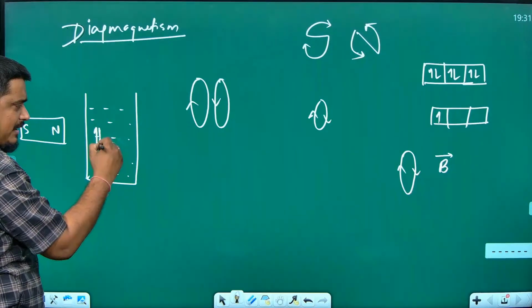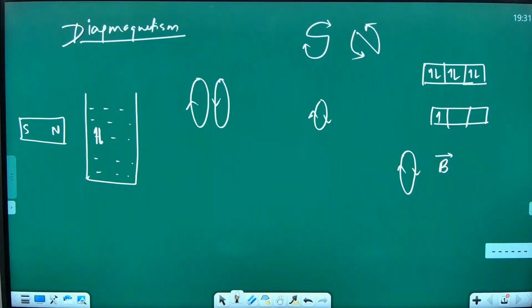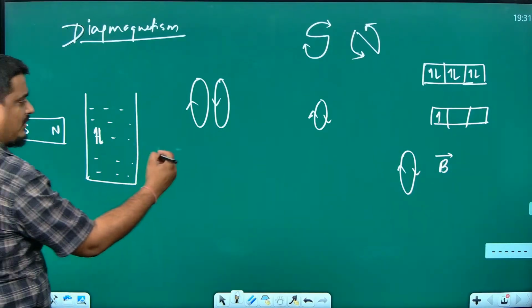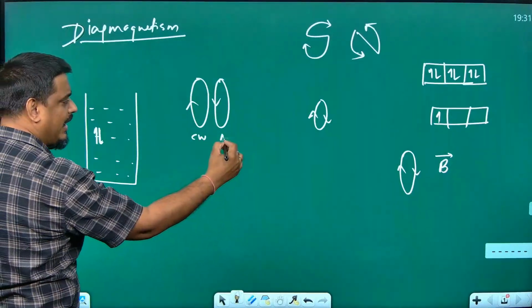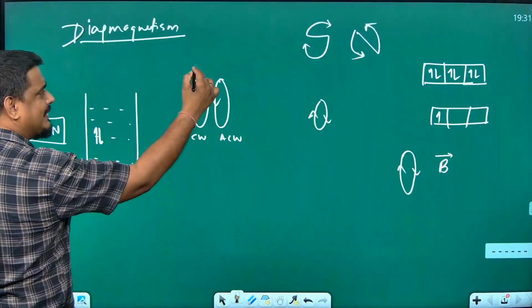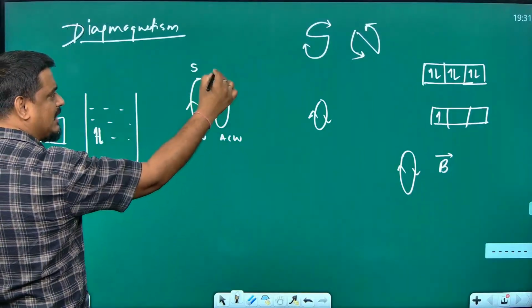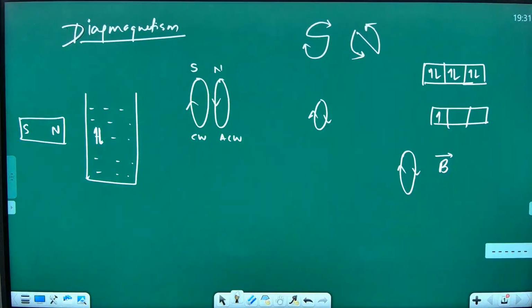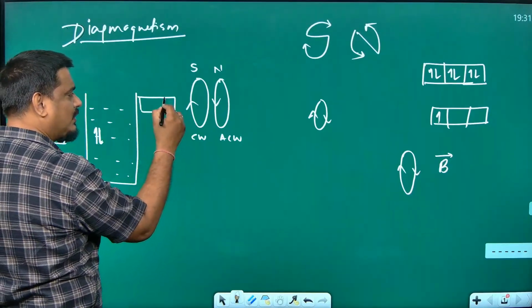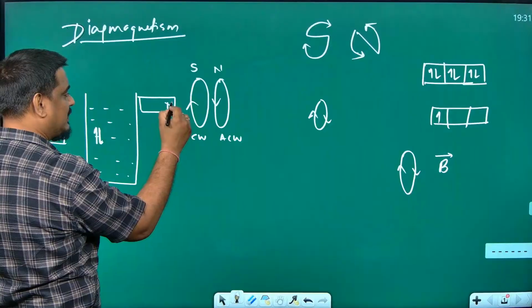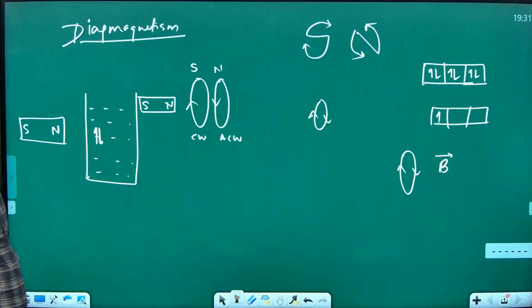These paired electrons have opposite spins. One electron is moving in a clockwise direction, one in an anti-clockwise direction. The clockwise direction behaves like a south pole, anti-clockwise behaves like a north pole. Suppose I am bringing the north pole this side and the south pole this side, as the magnet comes near to it,